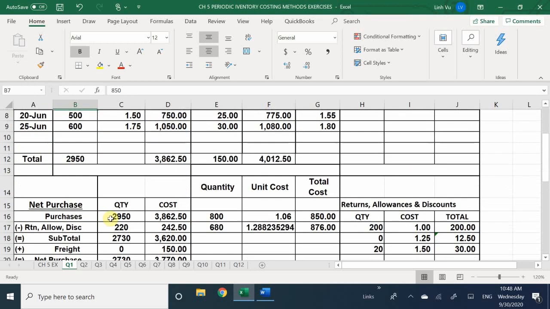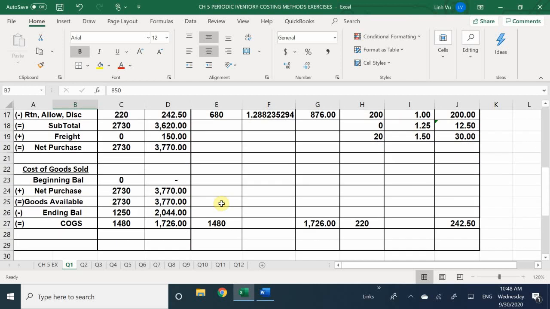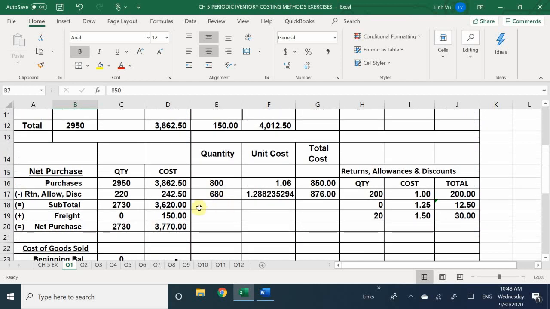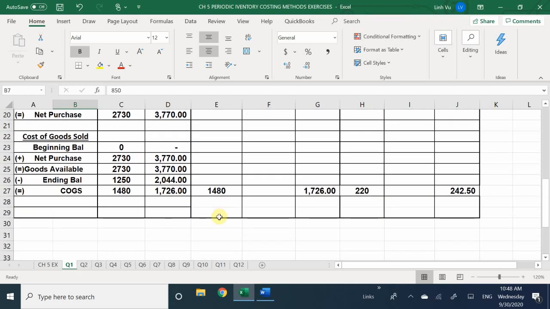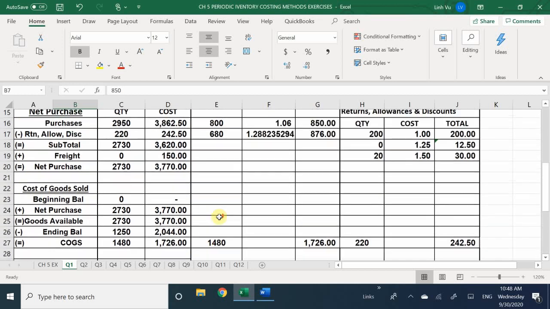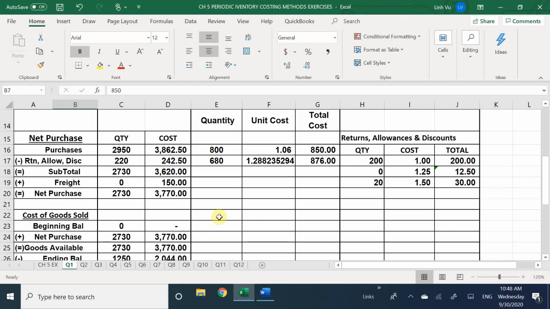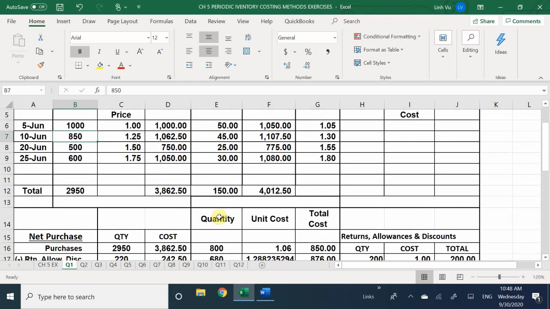We started off with 850, and we're going to subtract the 680, all right? So here, before we do anything, I'm just going to go ahead and copy the other piece of information down first. So I know that I still have my June 20th available, and I still have my 600 from my June 25th. So that right there is 1,100, okay? At least I know that those are going to be what I'm going to be transferring over in my second